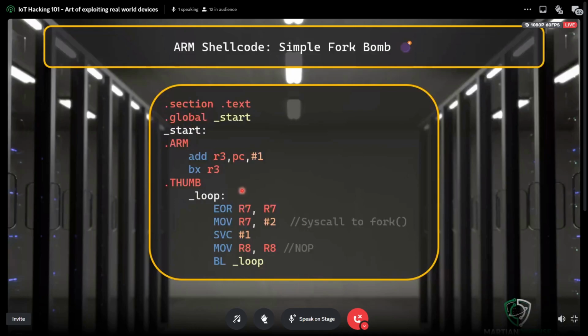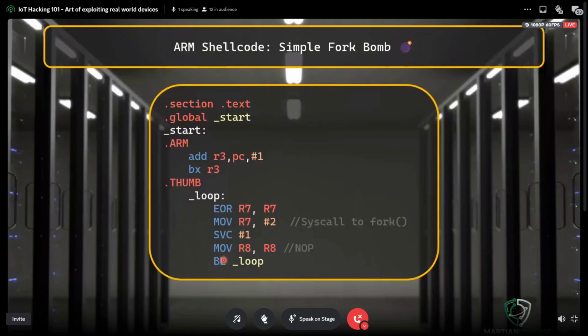So it's a very basic one. What it does is it jumps to Thumb mode. I have defined a loop. In this loop, I open a fork syscall, to which I gave a number. And I just do SVC 1 that calls the syscall. Then I did an EOR operation, which is XOR.